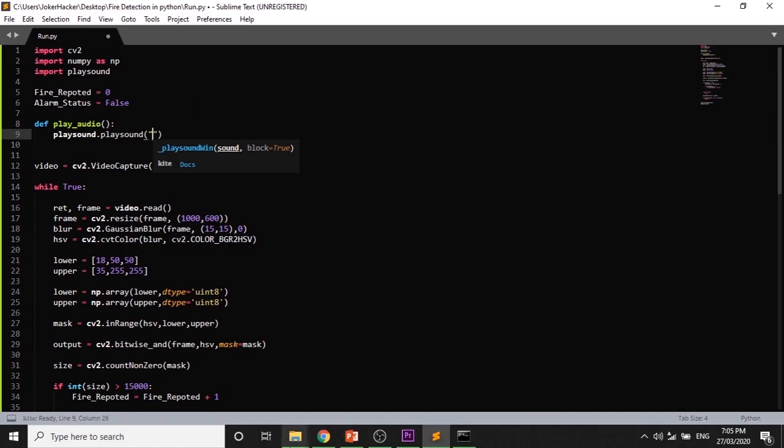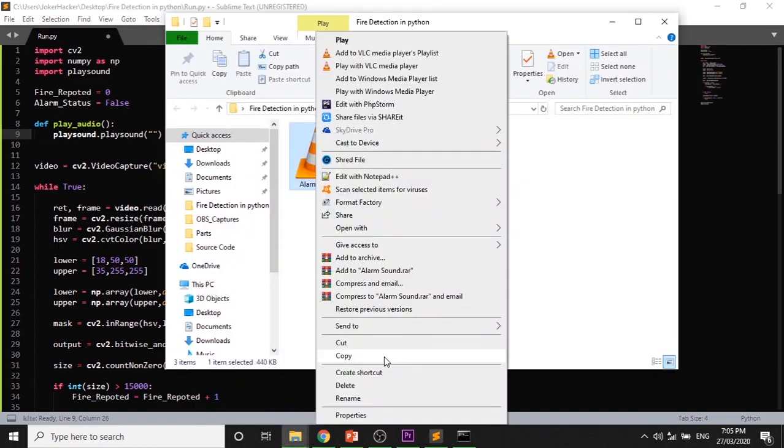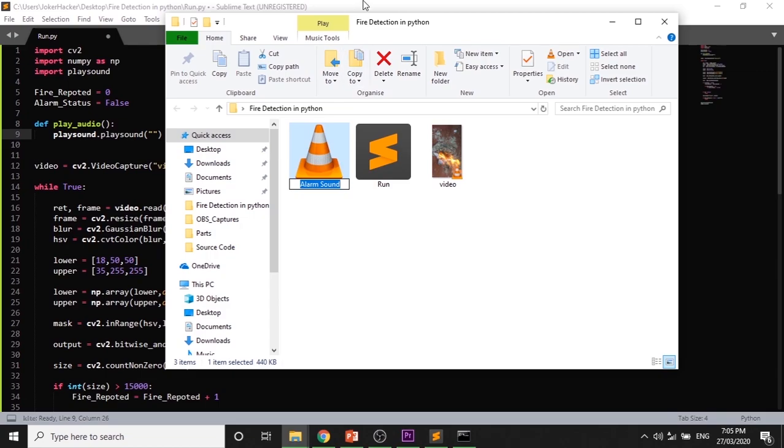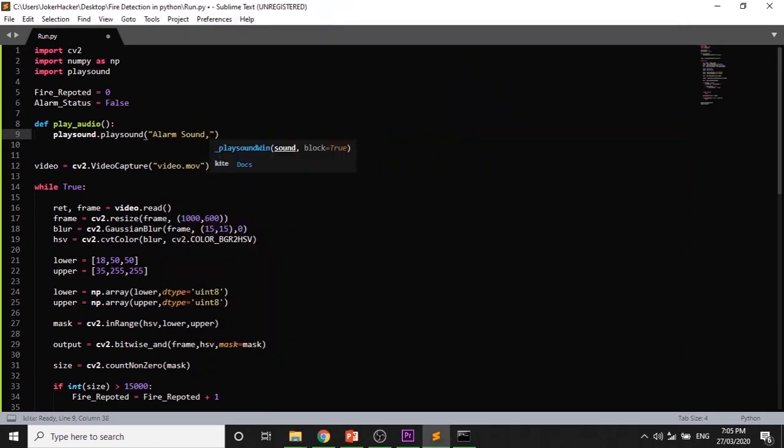The name of the audio is play sound. I put .mp3. Play this sound whenever you press the set to true. Okay, so